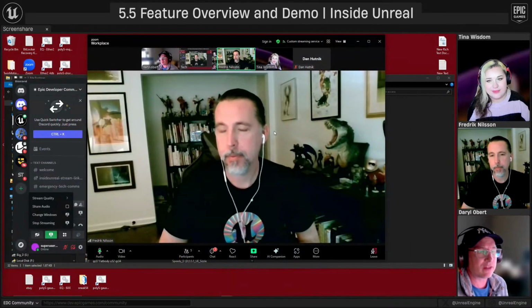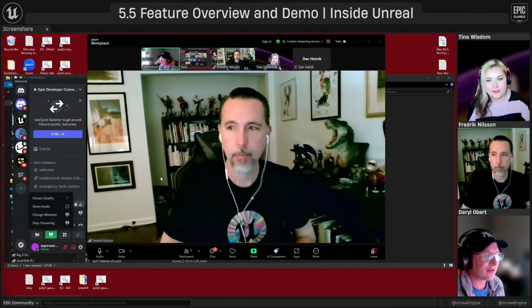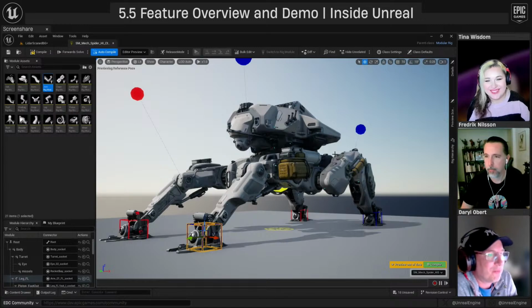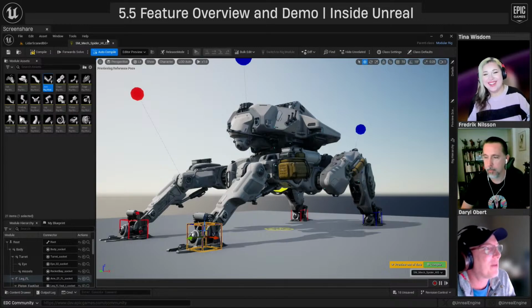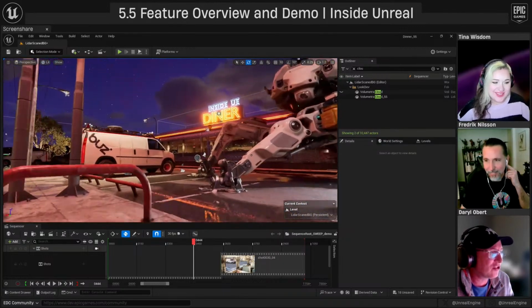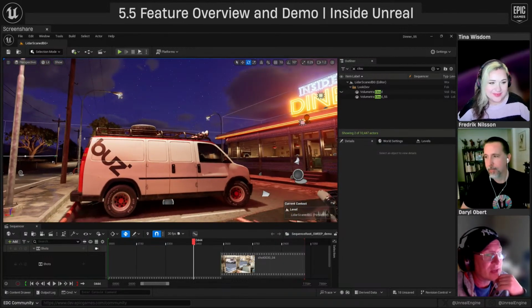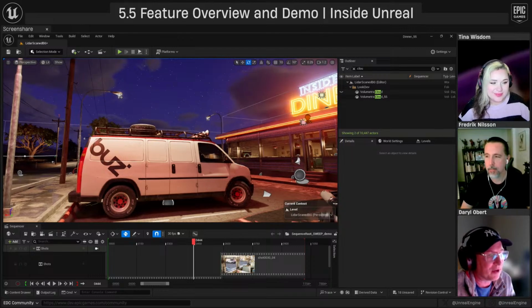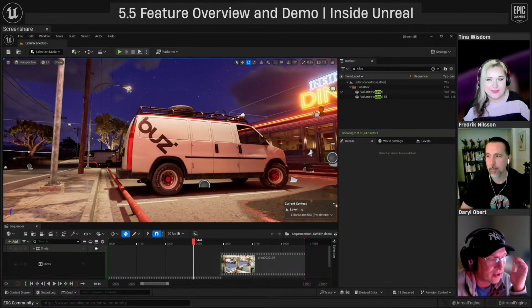Oops, my bad. I just went minus on this. I was trying to close down my control rig. Yeah, no, the car is this car. I have two versions of the van in here. One of them is set up on a skeleton rig, but that's something I'm going to talk about a little bit later when we get into dynamics.